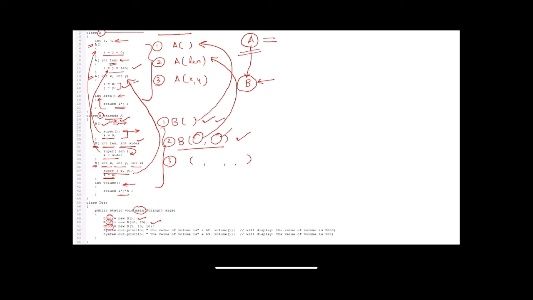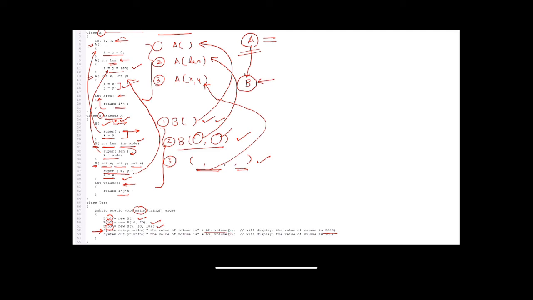Similarly, my B3 object is calling a constructor that takes three arguments, all three of integer data type. So this constructor will be called, where the two values will be assigned to the constructor of A class using the super keyword, and the last value will be assigned to its own variable. Now let us see some print statements. Using my object B2, my method volume is being called.